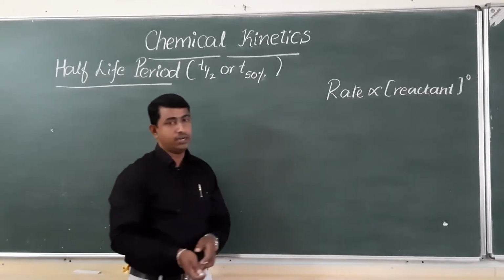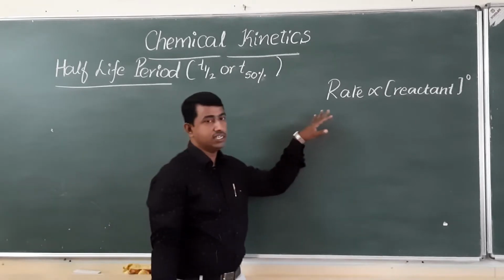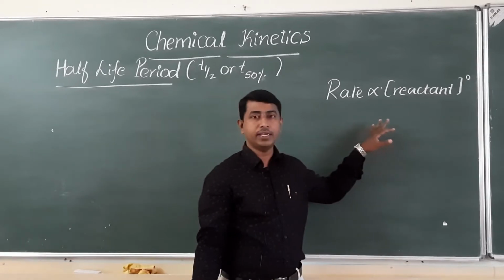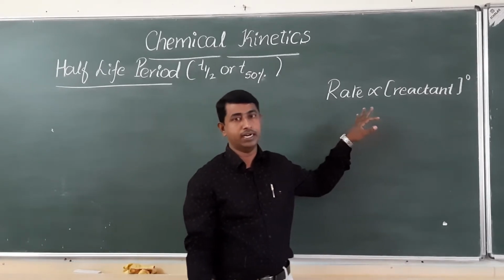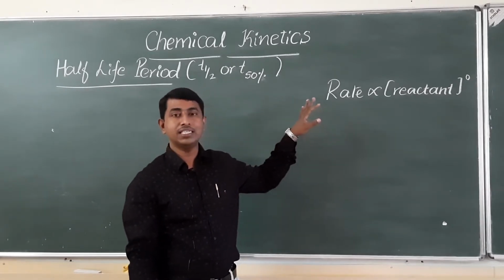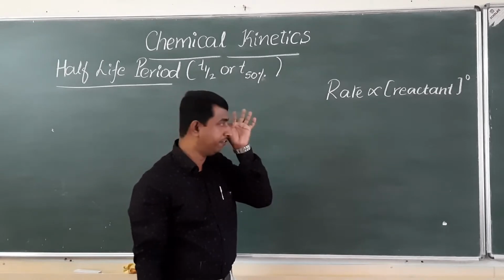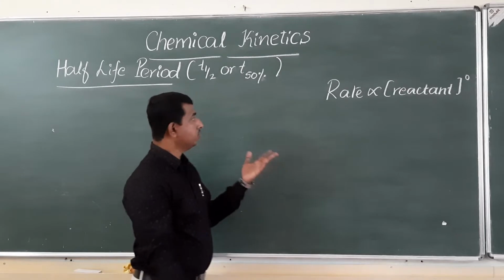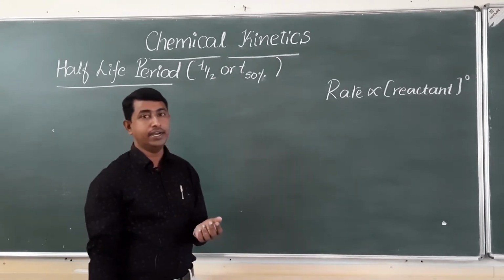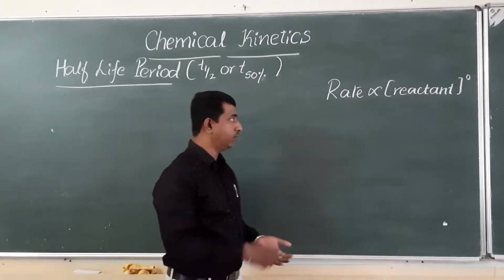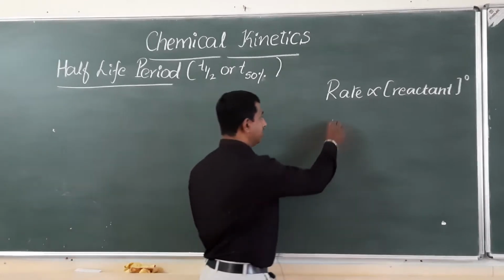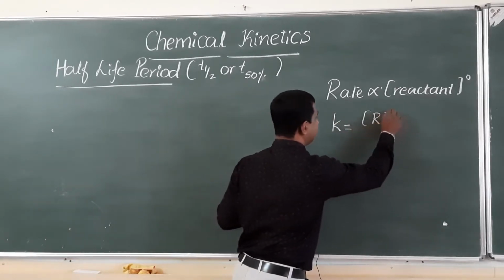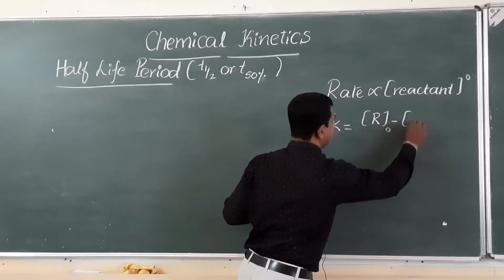Examples for zero order reactions are reactions taking place on a catalyst surface and also enzyme catalyzed reactions. So next we derived the integrated rate equation for a zero order reaction. What is that integrated rate equation? That is k equals R naught minus R